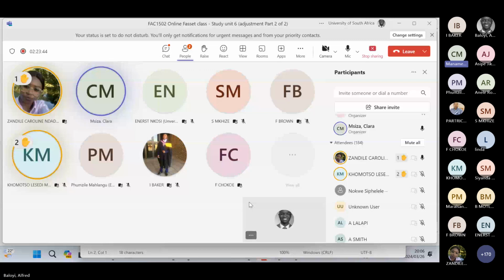We have these e-tutors. If you are struggling, you need 101, post it there and ask them for their availability. Know that during the day, most of them are working. So sometimes they might be able to assist you, maybe give you an hour or half an hour during the weekend or after hours to be with you on Teams to assist you with what you're struggling with. Because remember, these e-tutors are independent contractors. They've got their full-time jobs. So we will meet again.